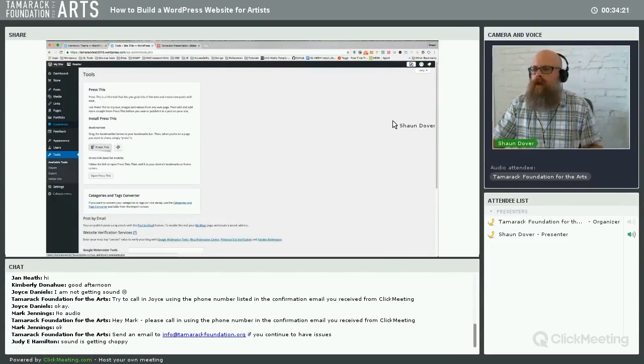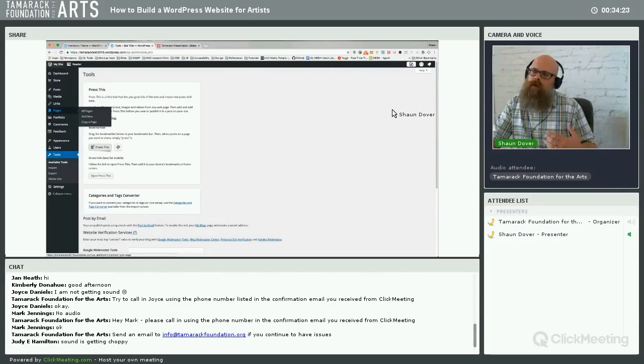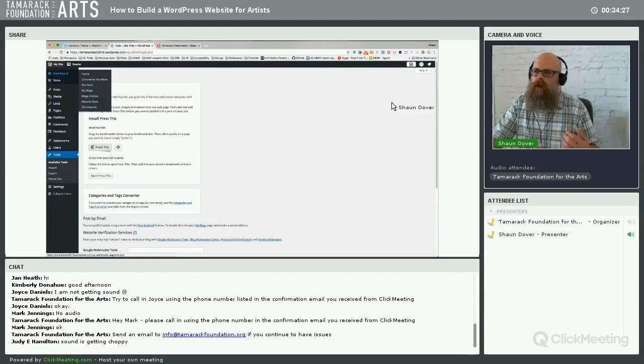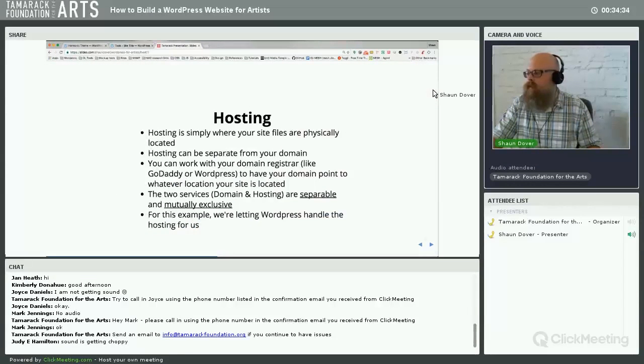So let's go back here. So the primary portion, the biggest part of what you're going to be doing on your site is creating posts, if you choose to use them, and create pages. And what is a page? What's the difference between a page